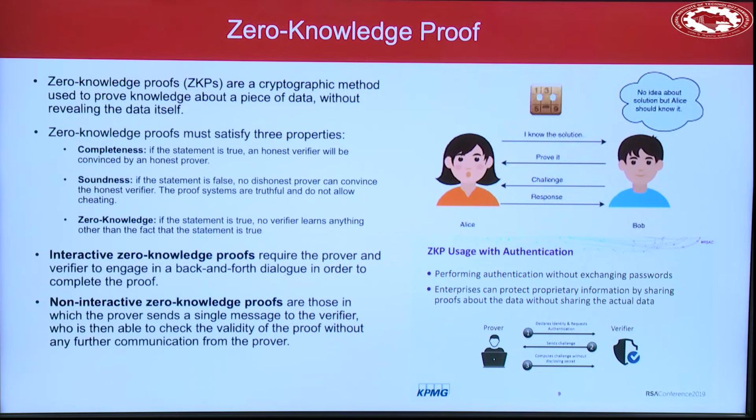Now, as a verifier, I can send you a function. Every time I will send you a random function. I will say whatever number you have, send me the square of that. And in my database, I already have that number. When you send me the square of that, I can compute that and compare. Next time I will send you, can you do this exponentiation of this, for example?